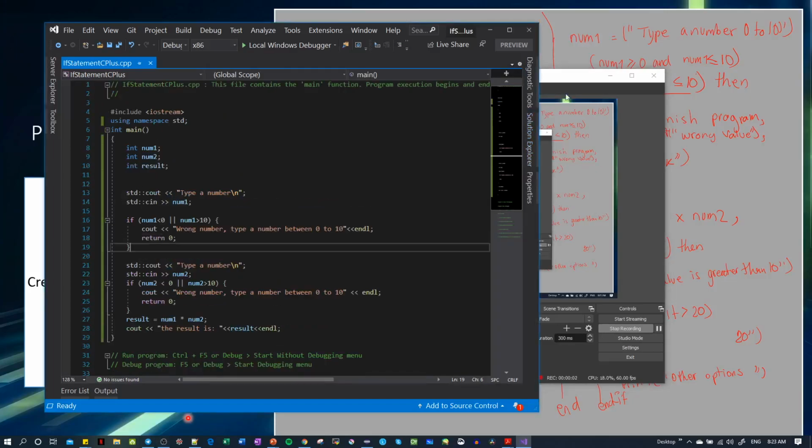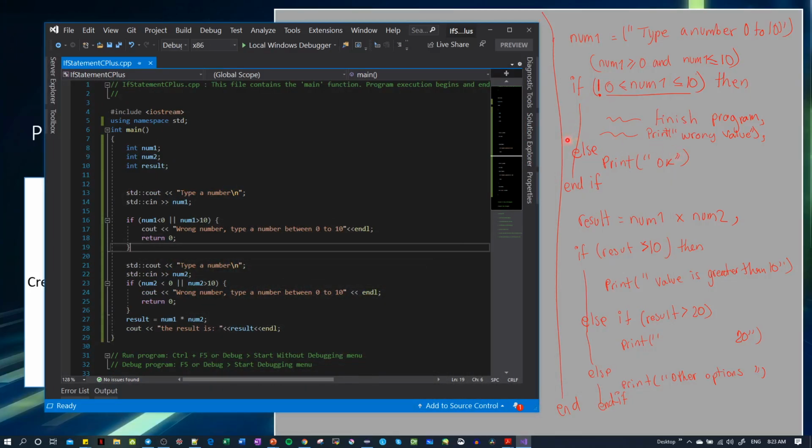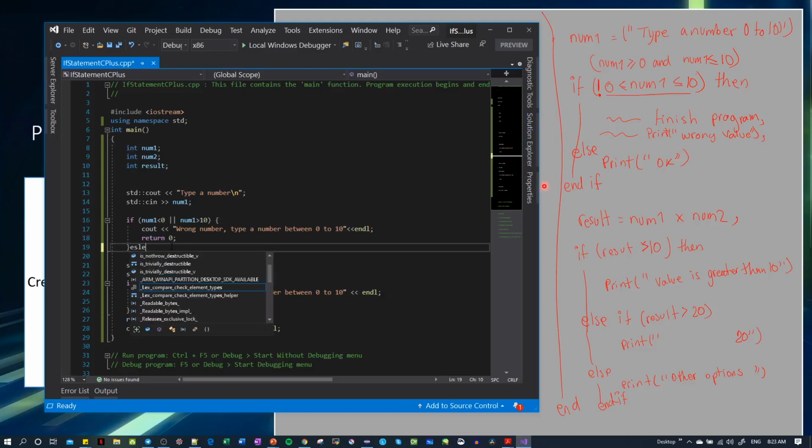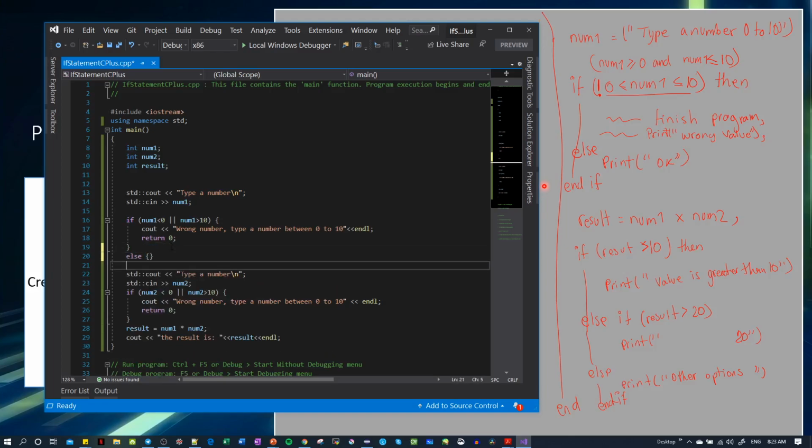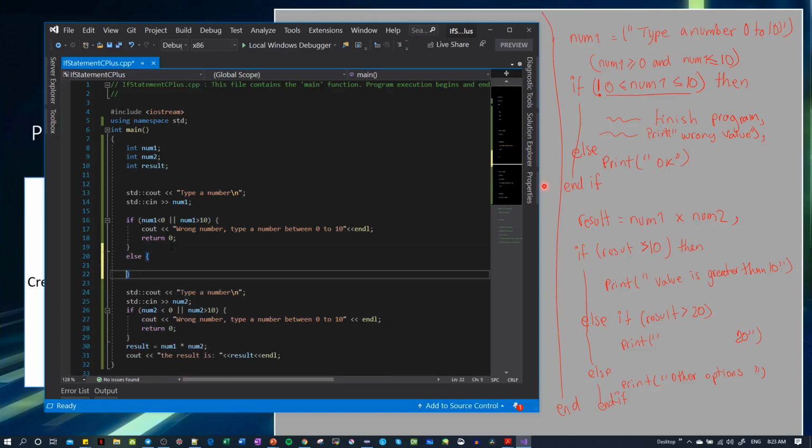So now let's use the else, this part here, just to practice. So else, open, close. Here we don't need a conditional, so it means any other condition that doesn't belong to this condition, it will get